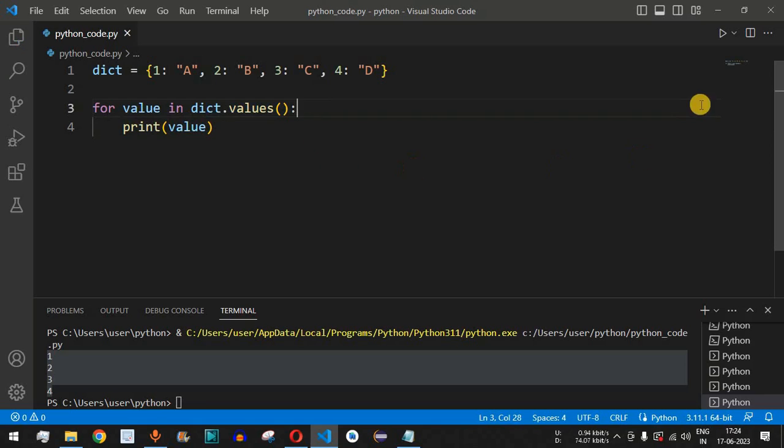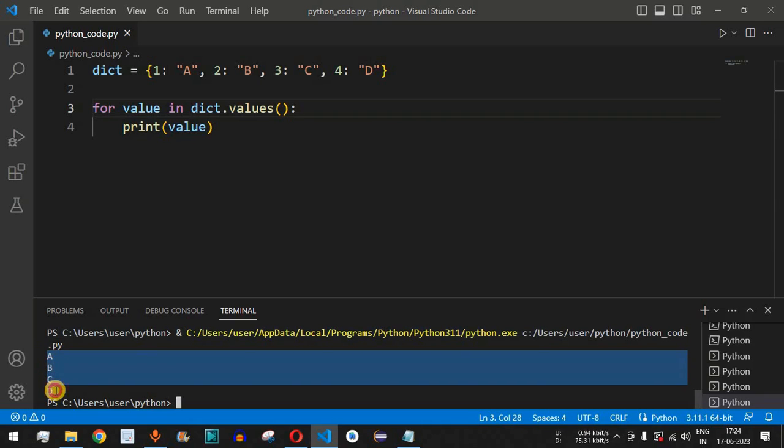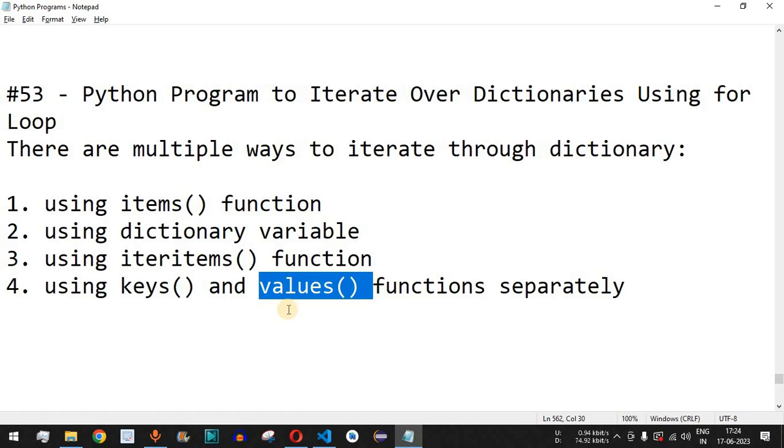So guys, let me just save this file now and try running this code. So as you can see, instead of keys we are getting the values which are A B C D in this case. So guys, this is another way in order to access the keys and the values of the dictionary, and you can easily access the dictionaries that you have defined using these methods that we have just discussed. So guys, please make sure that you practice on your own so that on different inputs you get different outputs.